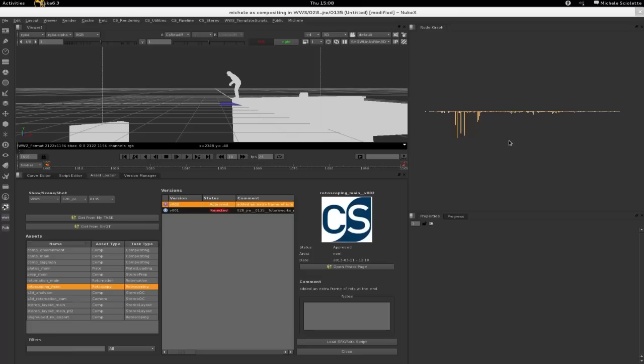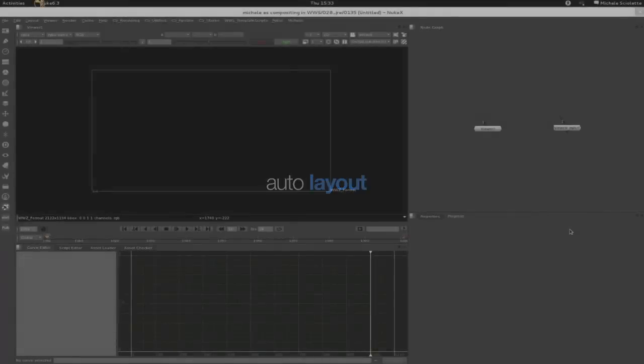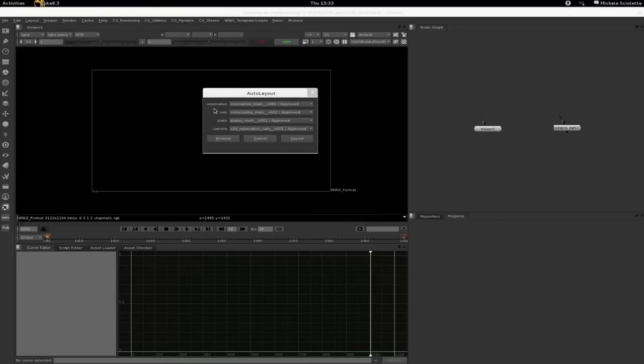But because of the specific stereoscopic conversion structure, we can also do something more advanced. In this case, we developed an auto layout tool, as we call it, which allows us, in one go, to detect all the approved versions that should be used in the stereoscopic conversion process. So in this case, I can see that the auto layout tool is finding all the latest approved versions for my camera, my plate,